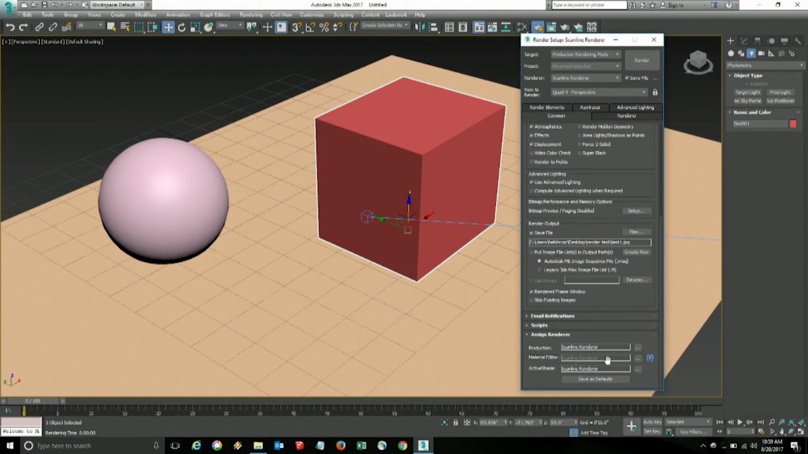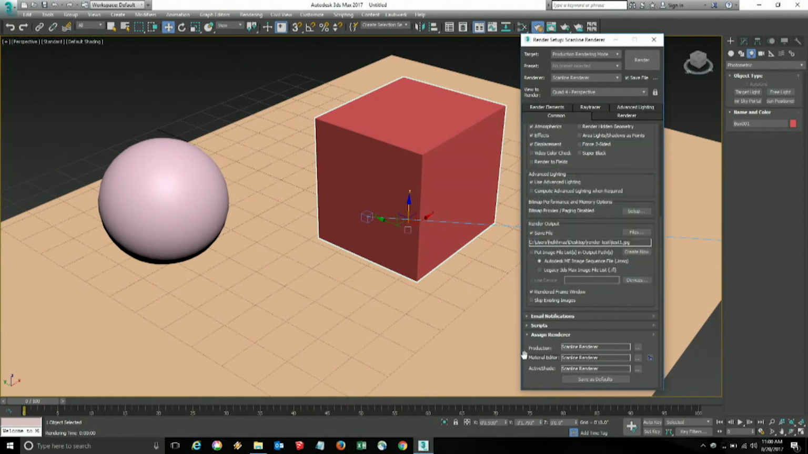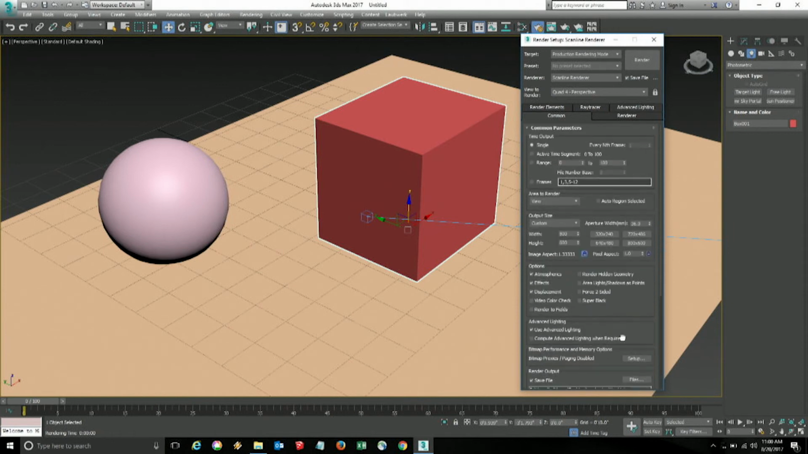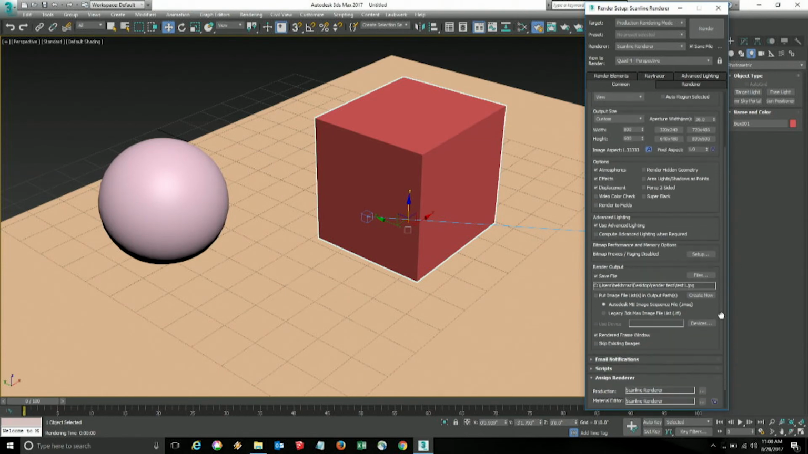So when you select the production type of rendering, all of them will turn to the same type of rendering. But if you want to select a different type of rendering, you just have to unlock that, and then from here you can go ahead and select a different material editor, production rendering, or active shade rendering as well. So these are the very basic rendering options over here, and I will explain more in the next